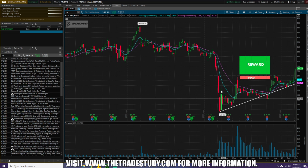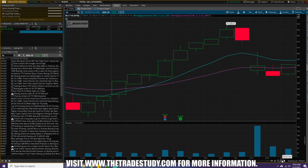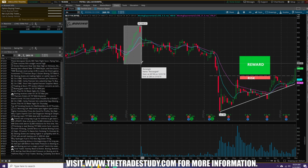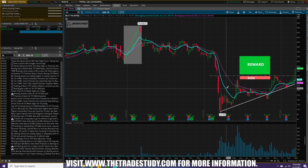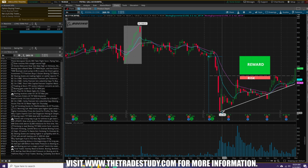Fast forward, we have the virus, we drop, and the reason why I'm talking about this little section here is that when I zoomed in, let me highlight that. This was a breakout of almost 291 to 446 within a couple weeks here. So when we fast forward to where we are now, and we have that 240 price level, and we have this big drop that happened,